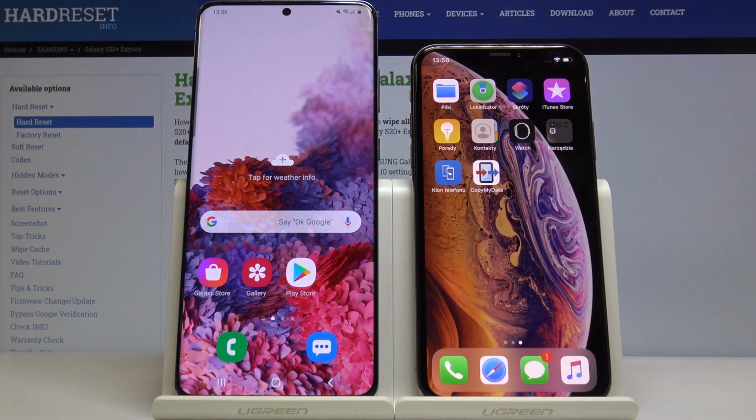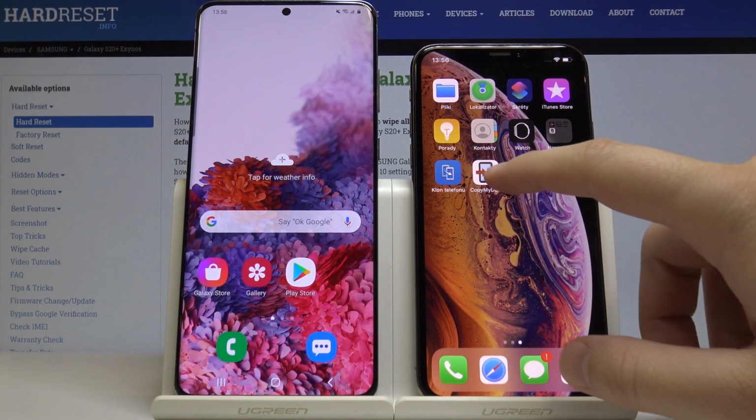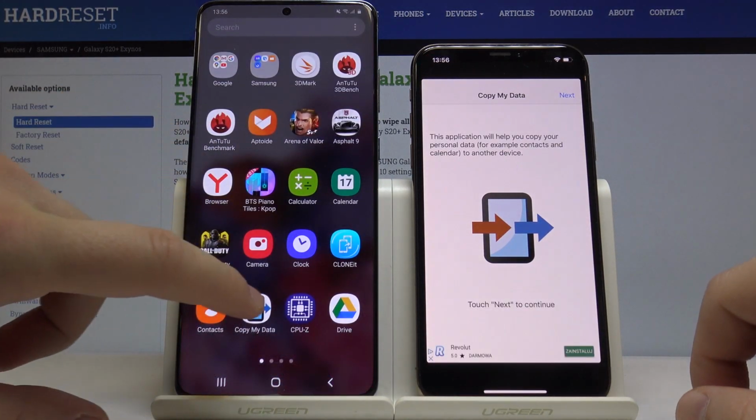Hello, today I am with an iPhone XS and a Samsung Galaxy S20 Plus, and I'm going to show you how to transfer data from the iPhone to the Samsung. So open the application I just downloaded, Copy My Data,